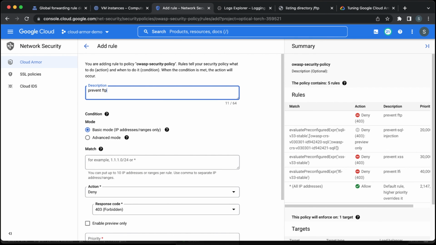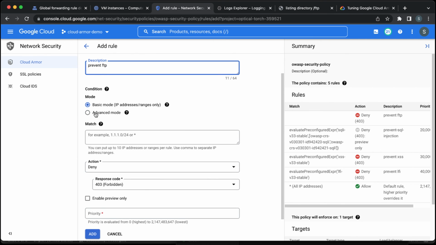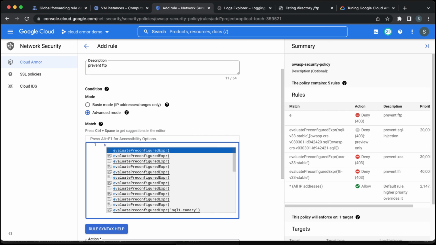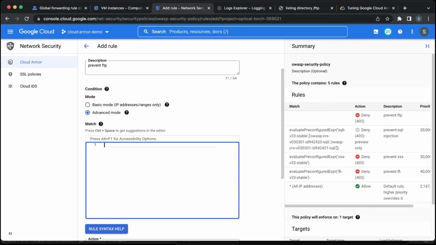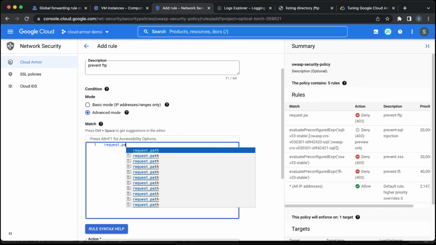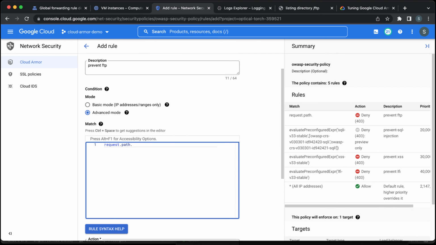Prevent FTP. We go to advanced mode. Now this time we are not going to write evaluate preconfigured expression. Instead, what we are going to say is request dot